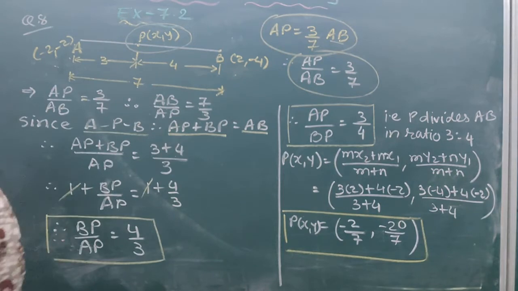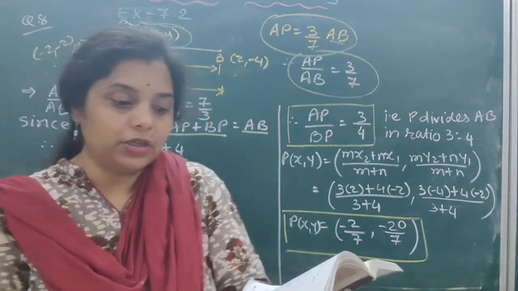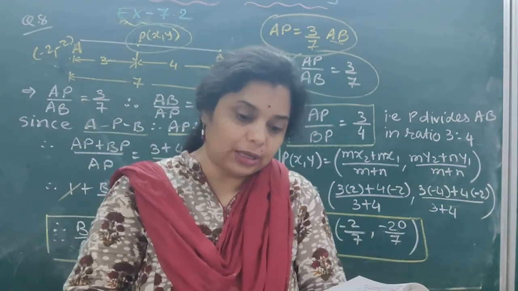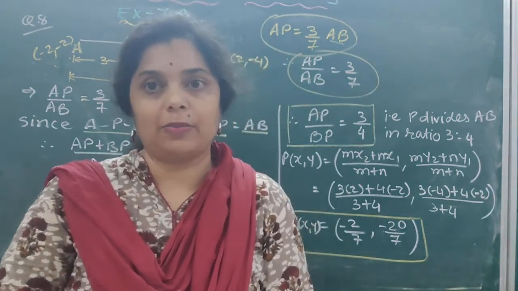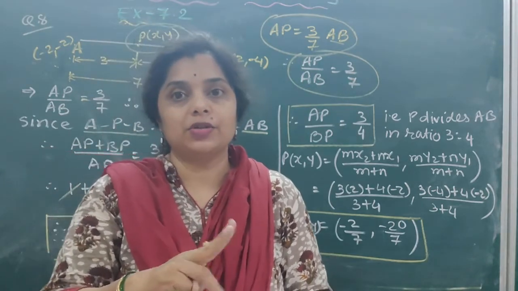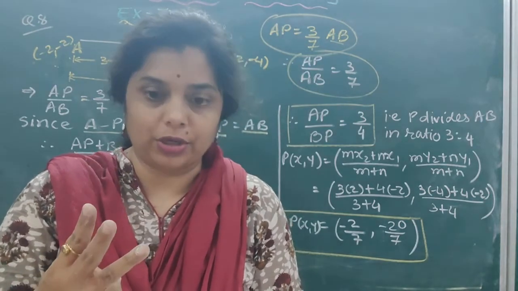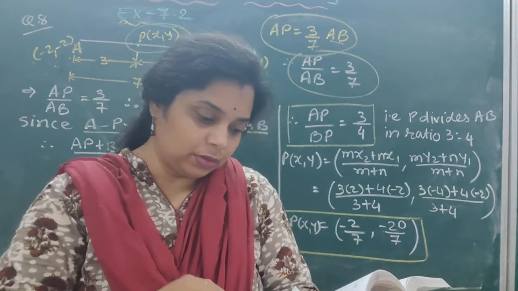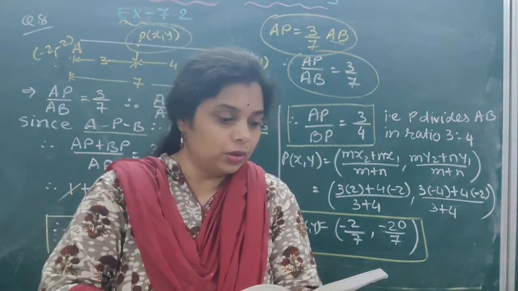Now in the next, 9th question, it is given to find the coordinates of the points which divide the line segment A (-2, 2) and B (2, 8) into 4 equal parts. We have already done this type of example in which there was a trisection. In trisection we need 2 points. Here there are 4 equal parts, so we need 3 points. So you can do it yourself. It is easy. So try it.